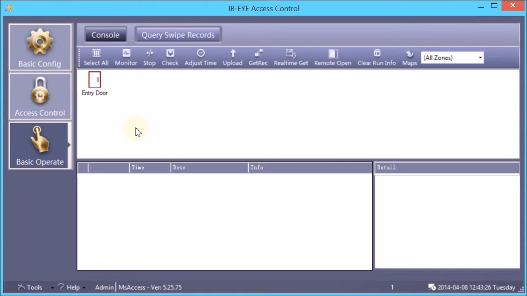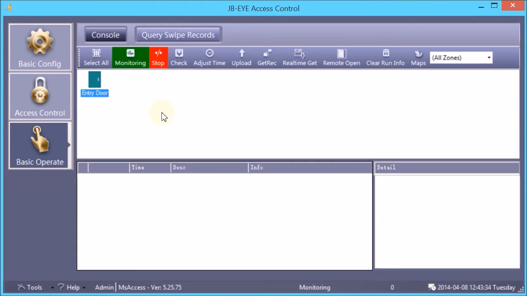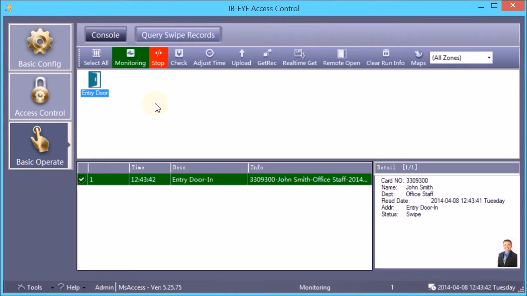You can either select the door by clicking on it, or you can use the select all button that will select all your doors. When your doors are selected, they'll be highlighted as shown. You can click on the monitor button, and now this door and any other doors that you selected are being monitored. So if we swipe a fob, you will see that the system records which door it is,